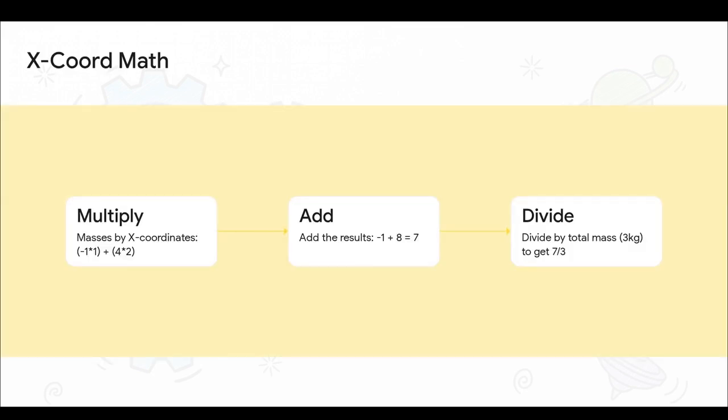Let's actually plug some numbers in and watch how simple this is with a basic 2-particle system. Step 1, we multiply the 1 kilo mass by its coordinate, which is -1. Then we multiply the 2 kilo mass by its coordinate, which is 4. Step 2, add them up. -1 plus 8 gives us 7. Step 3, divide by the total mass of the system, which is 3 kilos. Boom, 7/3. Just basic arithmetic. By treating these calculations as simple, independent little steps, you're going to find the exact coordinate without any stress at all.